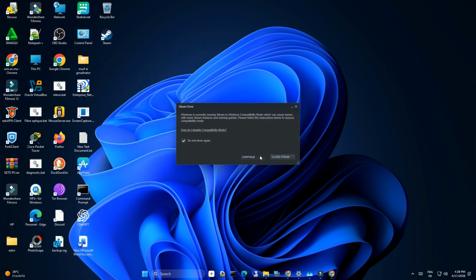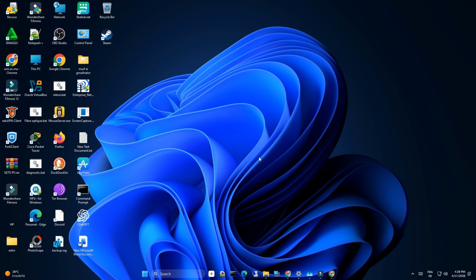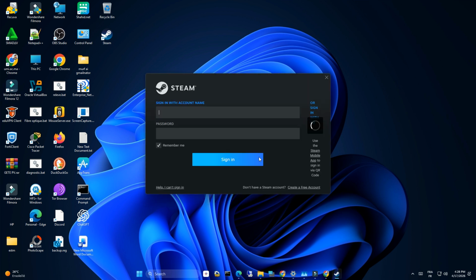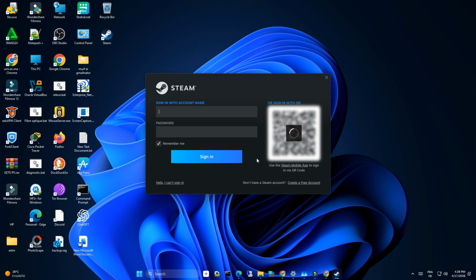If none of these solutions work, the last option is to perform a clean reinstall of Steam. Go to Apps and Features, find Steam, and uninstall it. Before reinstalling, you can back up your Steam Apps folder by